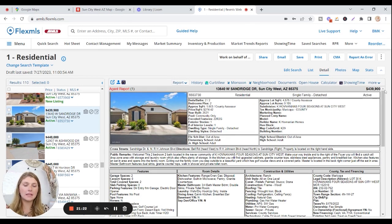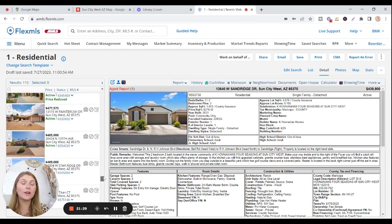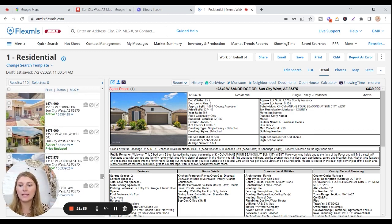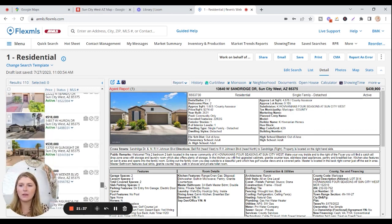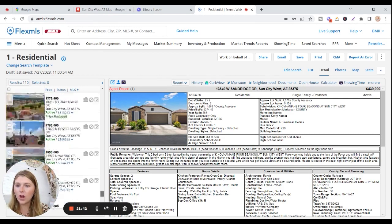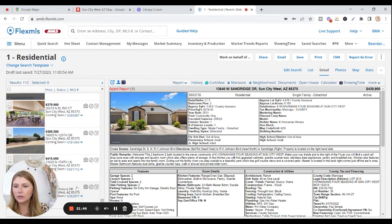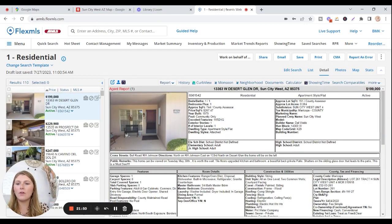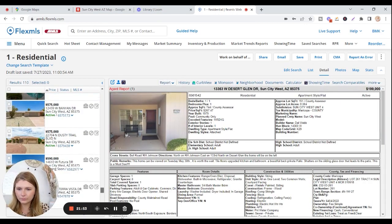Cool. Okay, so that was built by K. Hovnanian. That's a 2-bedroom, 2-bathroom, 1,600 square feet. So you want something a little bit newer. There were a small bit of homes built in Sun City West in the last 8 years, I think. There was a set of new construction homes. So if we go, pricing wise, we have all the way up to